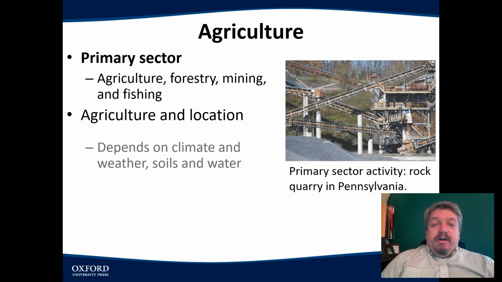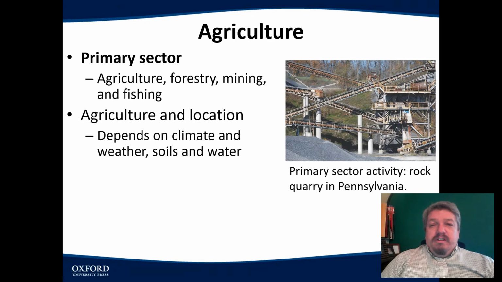Think about agriculture, right? To grow certain crops, you need certain types of climate. We don't see Chicago as a major banana producer. It's just not warm enough, right? What does Illinois grow a lot of? Corn and soybeans, right? The right climate, the right weather. So that's very geographically dependent.